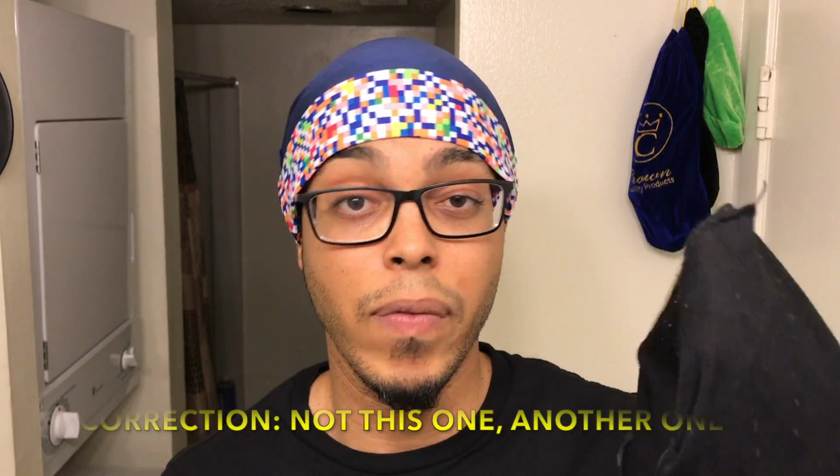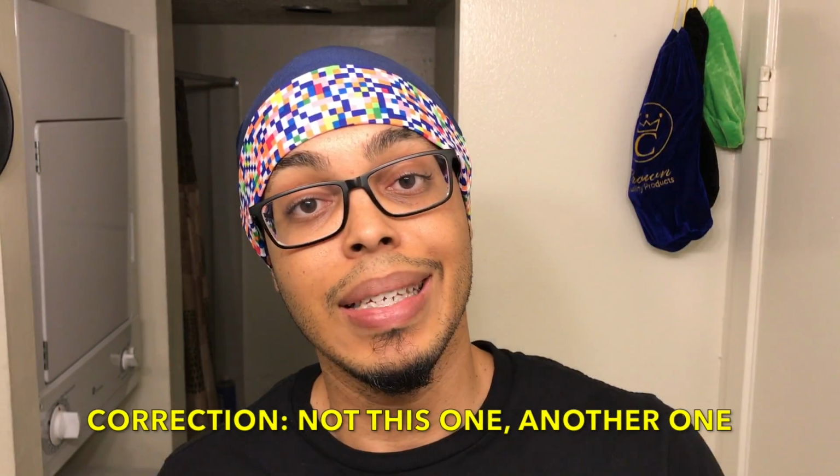I know wavers all the time complain about having to buy several different boo-boo caps. For me personally, I'm not very harsh on my products. I'm not very harsh on any of my rags or anything like that. This boo-boo cap, actually, I've used for over a year because, like I said, unlike in my skit, I don't take the boo-boo cap and stretch it out and beat it up, you know what I'm saying? So for me, that's not an issue,